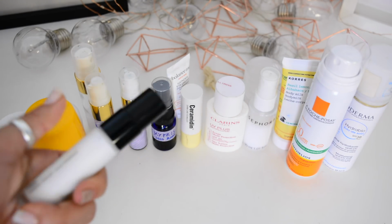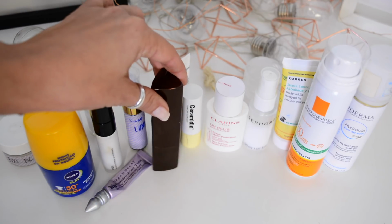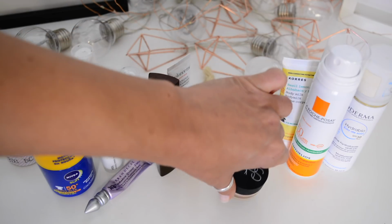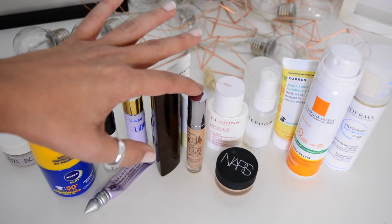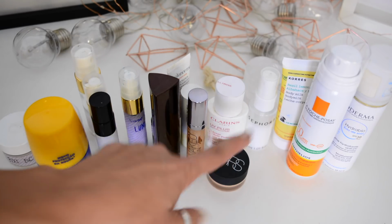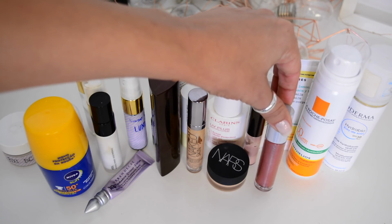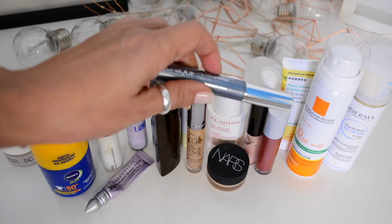Makeup: the Hourglass primer, Urban Decay primer for the eyes, Hourglass Vanish foundation stick, then 2 concealers, the Urban Decay Naked Skin and the NARS Soft Matte, because it depends on how my skin is doing. This one is a little bit more long lasting but a bit drying. This one is more hydrating. It looks really nice, but it can fade a little bit quicker. Becca Shimmering Skin Perfector in Opal, the liquid. Urban Decay Moon Dust Glitter Liquid thingy, which I love for a pop of shebang on your lids without a lot of fuss. Clinique Lash Power